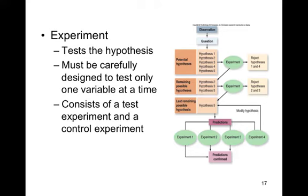Or let's look at another example. If we're testing to see whether Wheaties have an effect on someone's mile time when they're running on the track, then we need to control for everything except the use of Wheaties. In this sense, we have a test experiment and a control experiment, or a test group and a control group. One group we feed the Wheaties. The other group we don't feed Wheaties, but they still run the mile around the track on the same day,